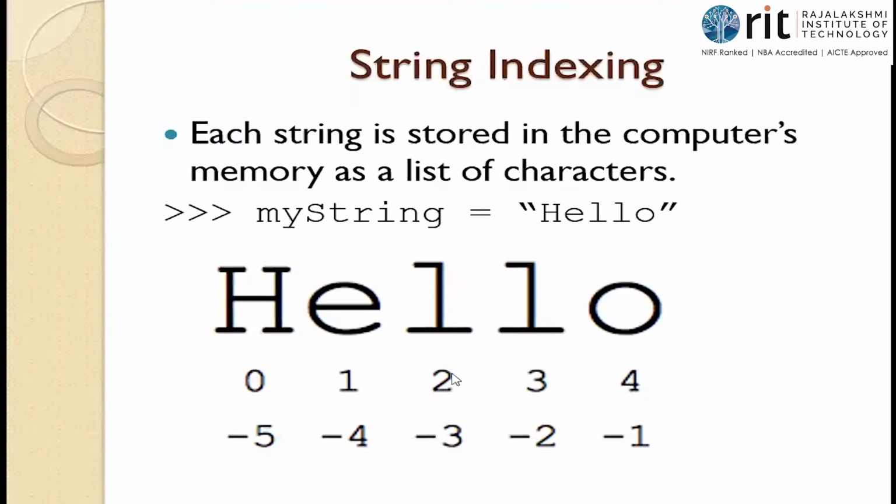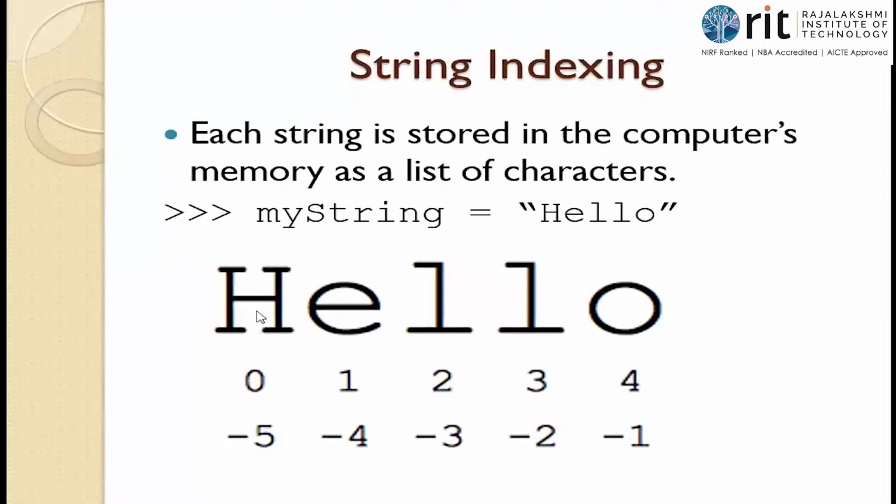Index 1 is the second character. Index 2 is the third. Index 3 is the fourth character. Index 4 is the fifth character. This is confusing. Say for example, the indexing will start with index 0 and it will end at n-1, where n is the number of characters in the string. Check, how many characters are there in hello? 5 characters, isn't it? 5 letters. So the indexing will start with 0 and end at n-1, that is 5 minus 1, so 4. So it starts at 0 and stops at 4.